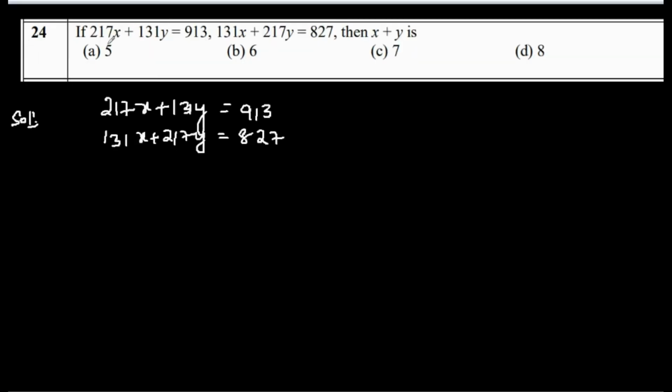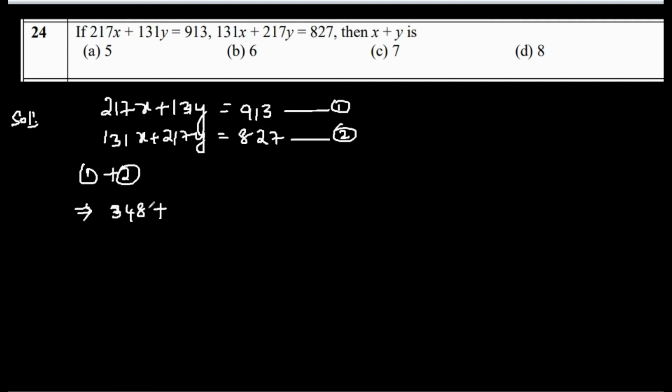24th question: if 271x plus 131y is equal to 913 and 131x plus 271y is 827, then we have to find the value of x plus y. We'll take 271x plus 131y is equal to 913 as the first equation and 131x plus 271y is equal to 827 as the second equation. We'll add the first equation and the second equation. If we add them, the resulting equation will be